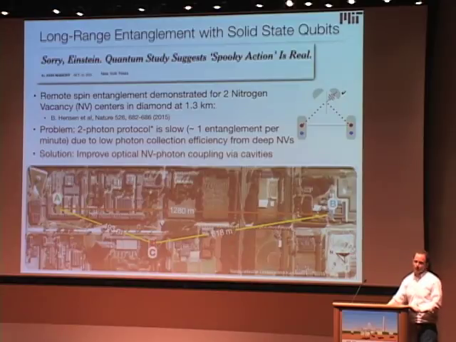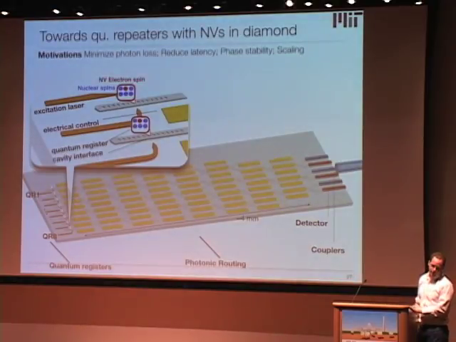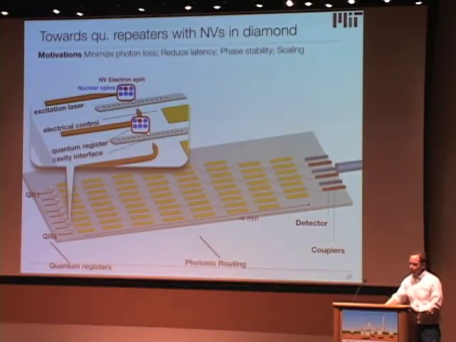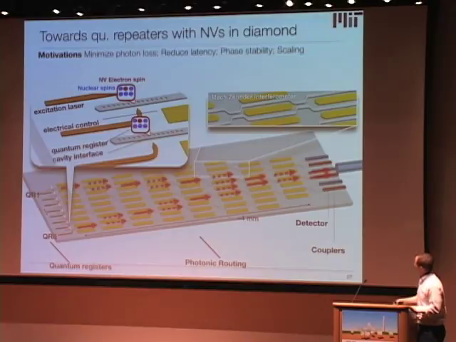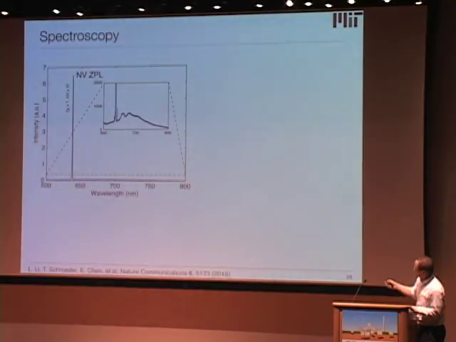So what we need to do is to make the coupling more efficient between electron spins in NVs and photons. And so in my group, we're working on these photonic crystal nanocavities that are coupled to electron spins that should improve the coupling efficiency by hopefully about an order or 2 of magnitude. And these are 2-photon protocols, so your efficiency goes as the square of the improvement. And so you've already seen this kind of network. Here, just very quickly, some slides on where we are.